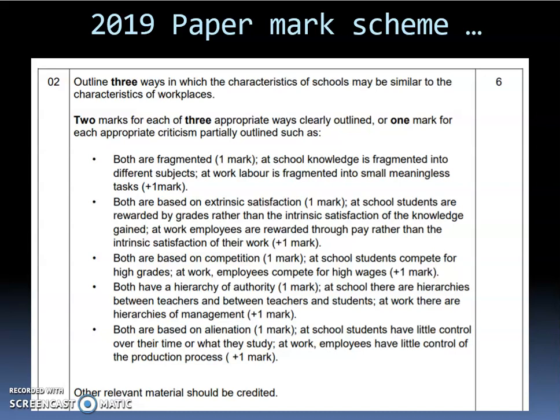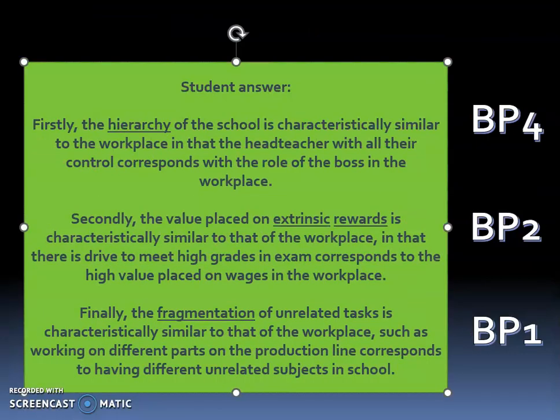You had to say, to get the 2nd point, schools have a uniform with a school badge or a logo on, which is similar to the workplace that also has an employee uniform with a badge or logo on for that place of work. So looking at a student answer, you can see that this student has applied very good